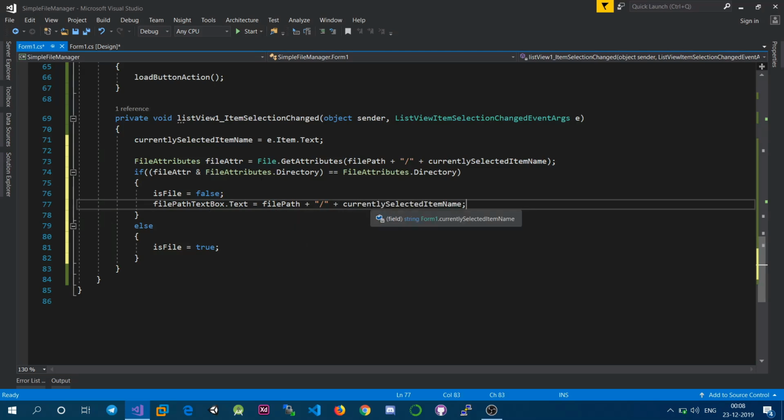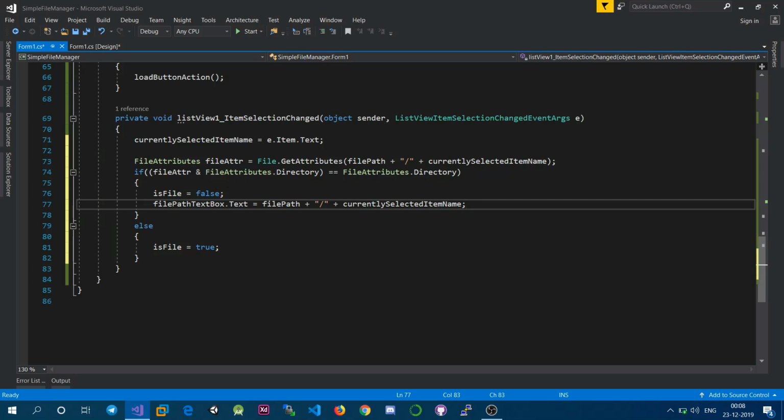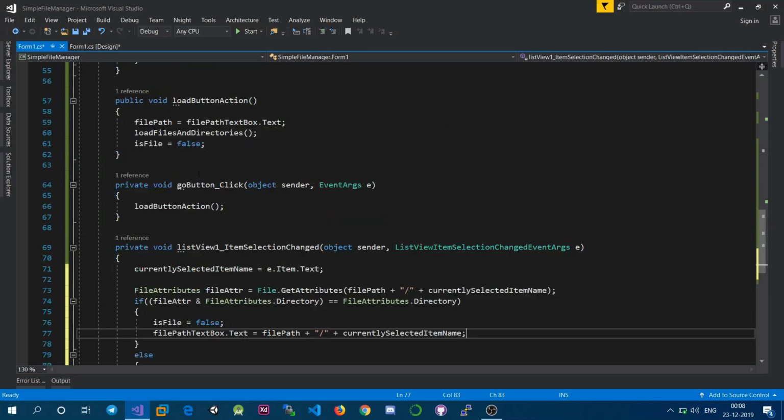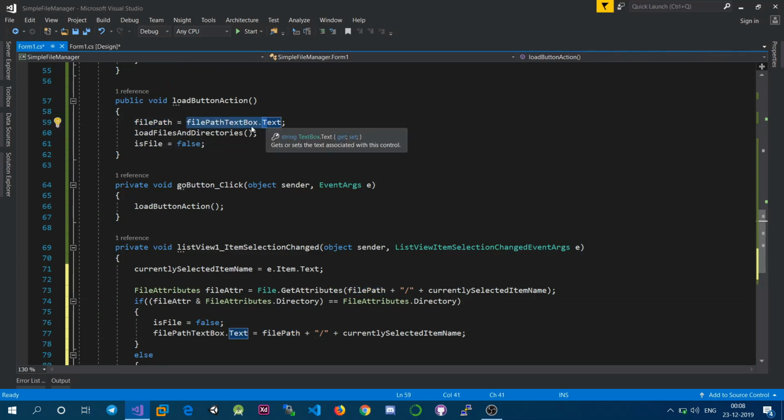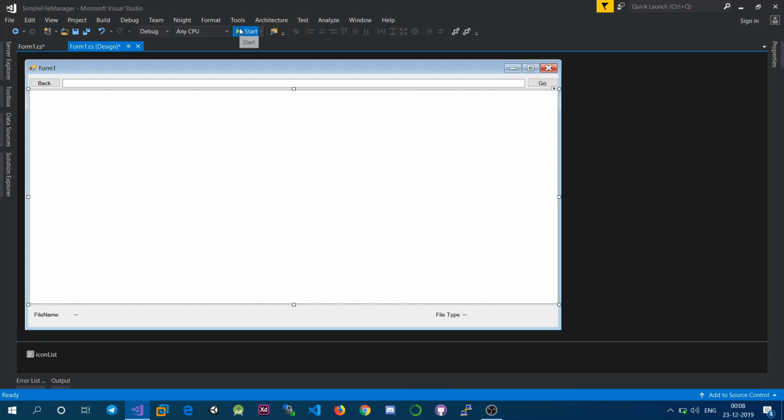If you are selecting a folder, we actually need to navigate to that folder, so we can change the file path to file path slash the currently selected item name. If it's a folder we can go to that, if it's a file we cannot navigate into, we will be only navigating into a directory. So we'll be changing the file path, and whenever you press the go button it will set the file path to the file path text box dot text, and it will be calling this method which will be in turn loading the files. So if you run it now,